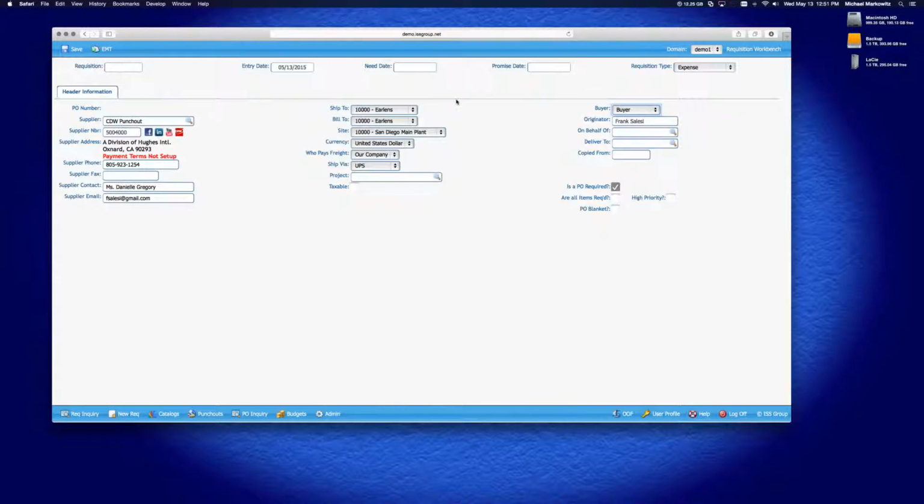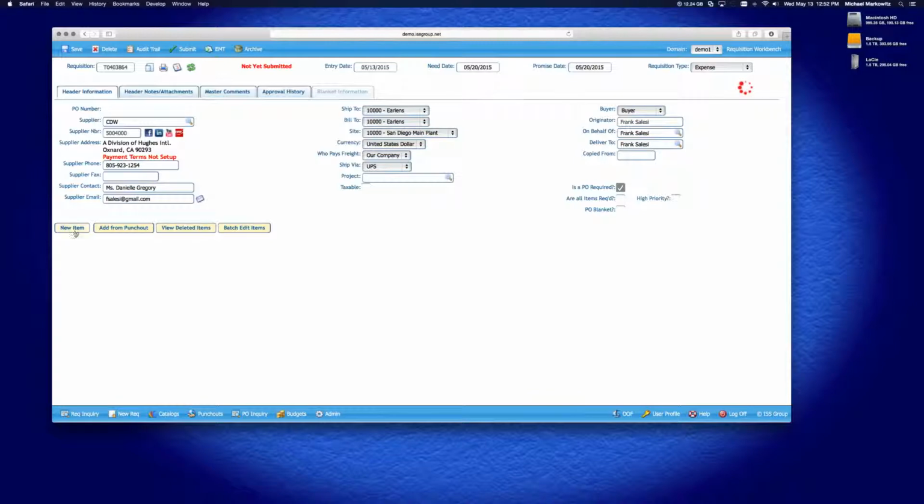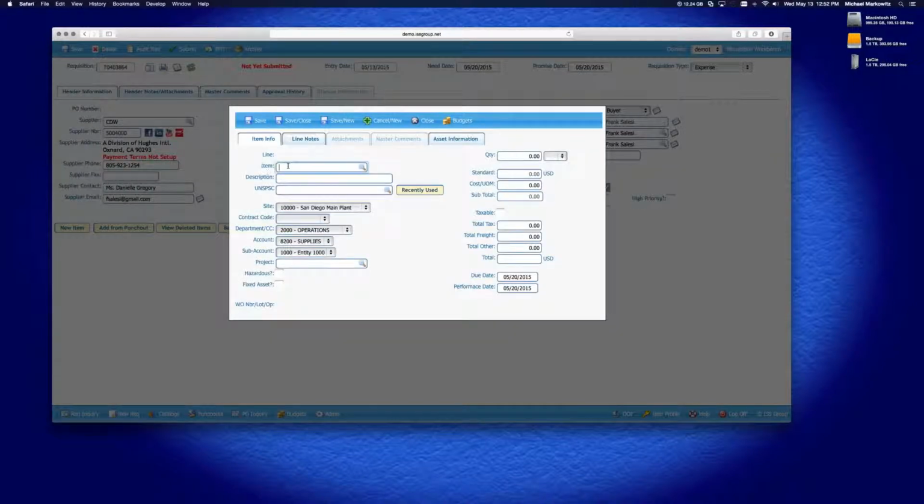Now, these are all ship to, bill to sites. All these middle fields are for the total rec. Now, if we click Save, and we go in to add a new item, I can also do account, sub-account. I could change the site based on the line item. I can put in also a department here. So let's add a